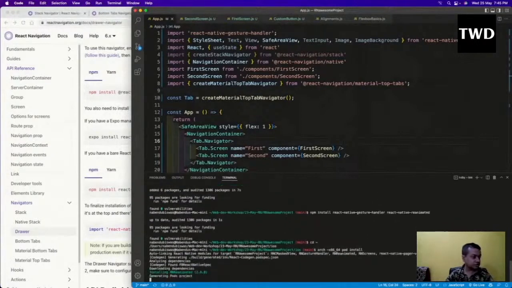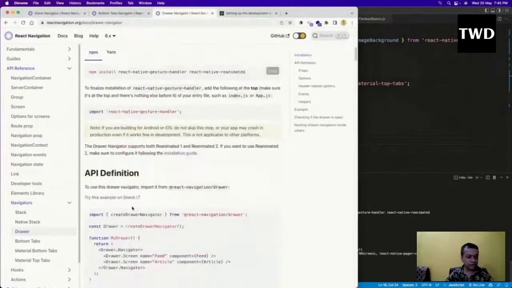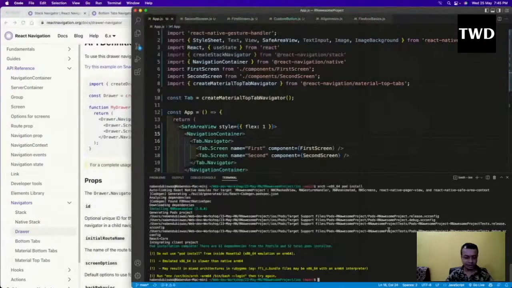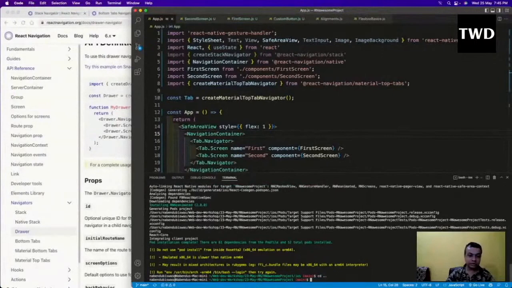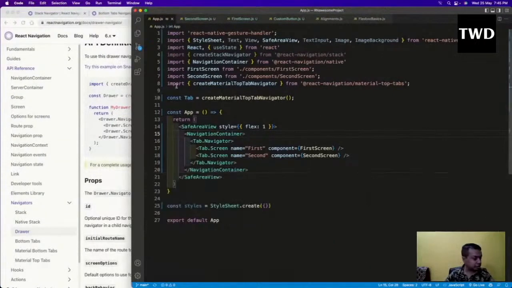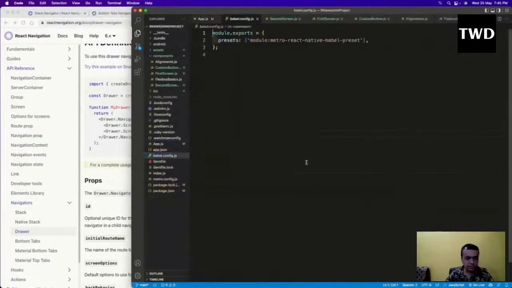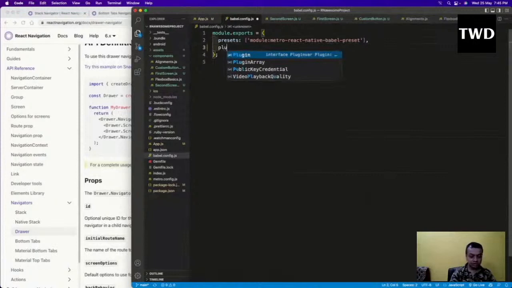So this requires some additional configurations, or else we will get some error. It is using some reanimated library, so we have to do some additional configuration here. Do we have a Babel file? Babel.config.js we have. So here we have to come, and after this I have to add plugins, and then